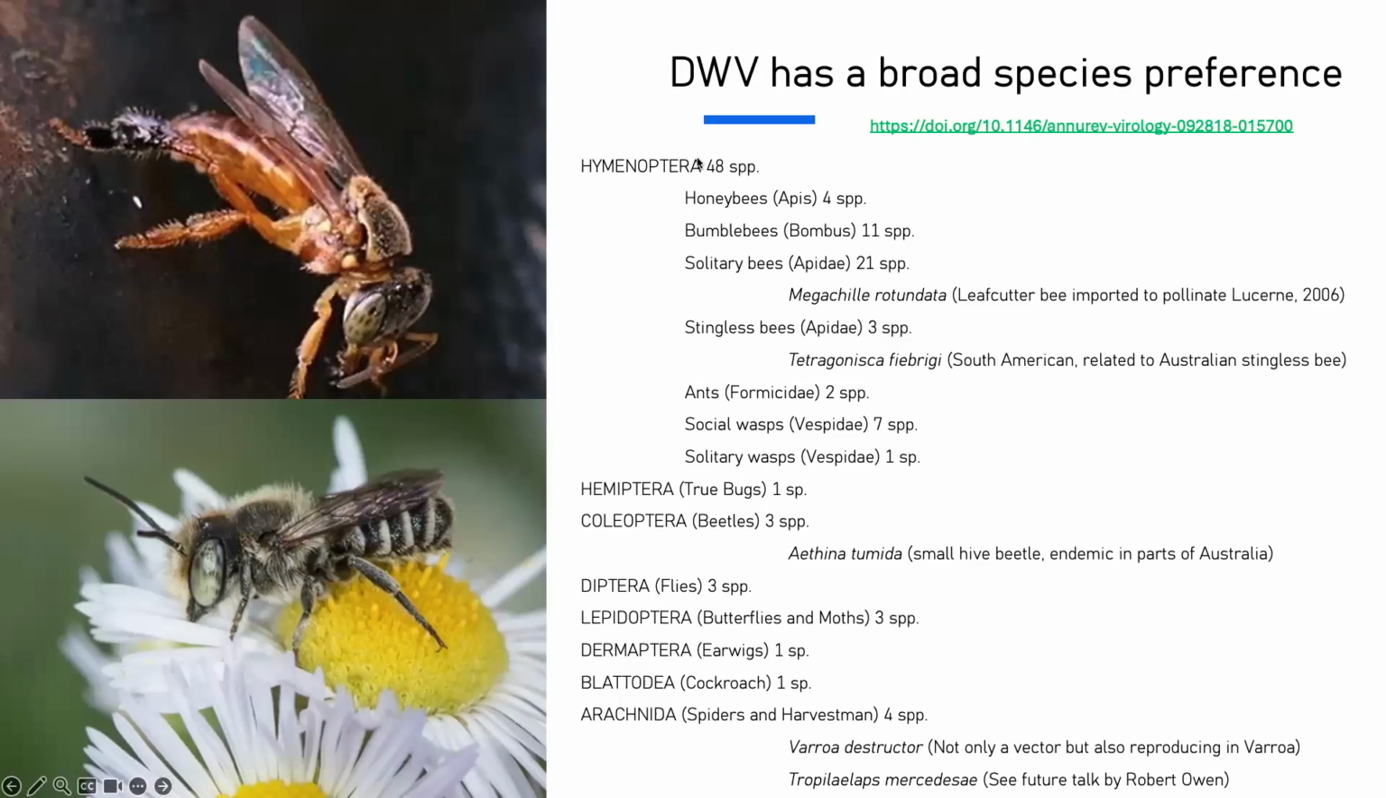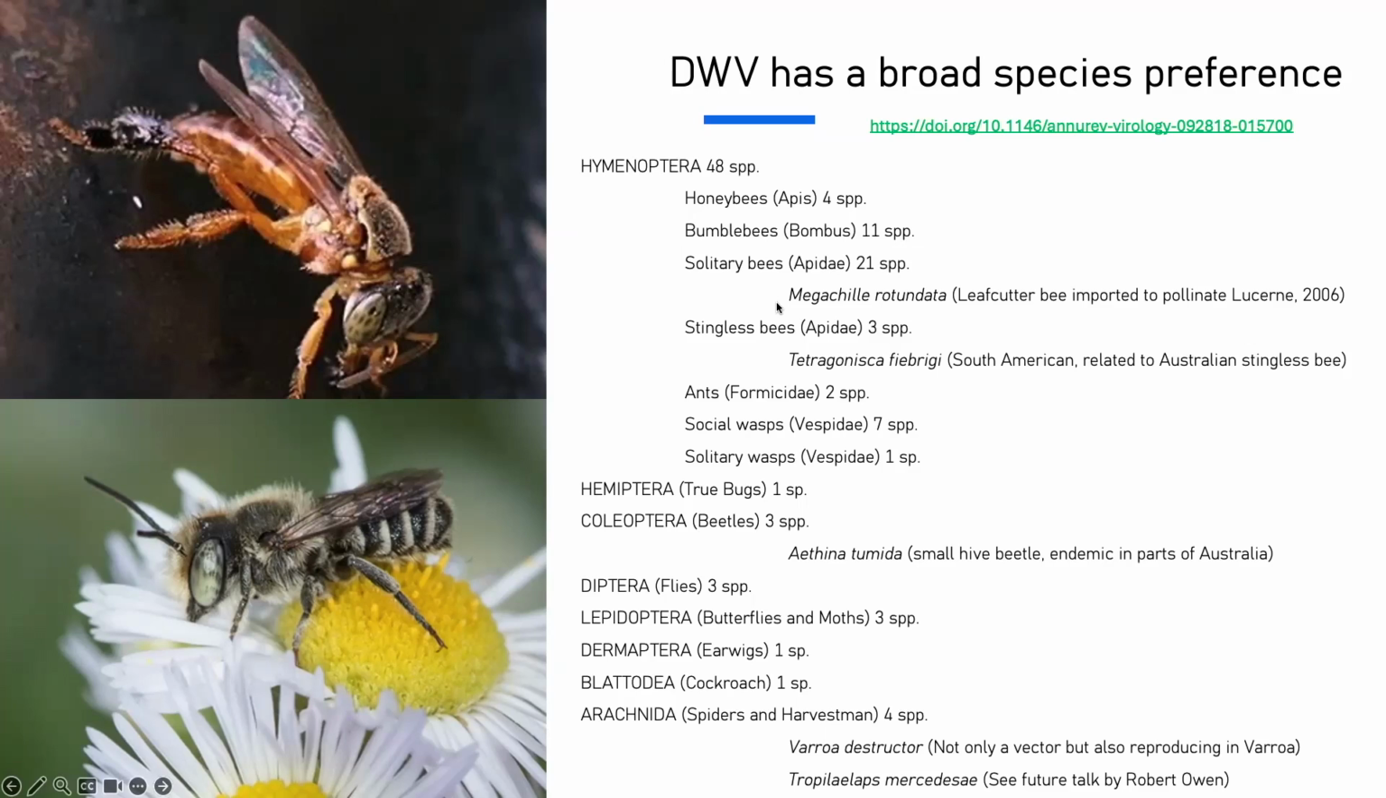So deformed wing virus has a very broad species preference, and I wasn't really aware of that. I thought of deformed wing virus really as a bee pathogen, but it's actually an insect pathogen, and that's something that I hadn't quite realized. There's a paper in the Annual Review of Virology that looked at that in great detail. It not only infects all sorts of bees: honeybees, obviously, 4 different species, including Apis cerana and Apis mellifera, but also 11 species of bumblebees, some solitary